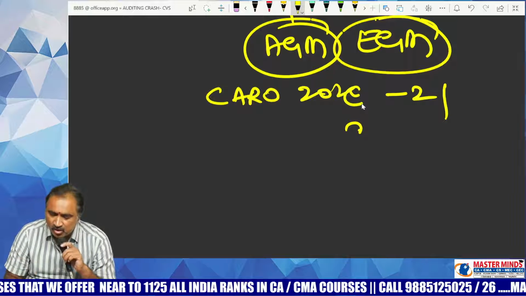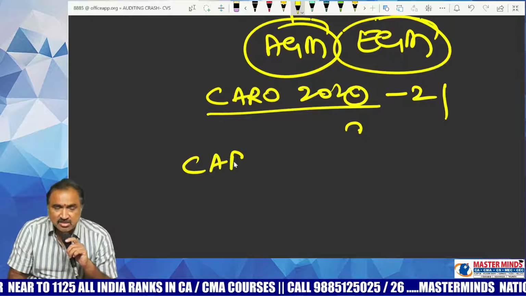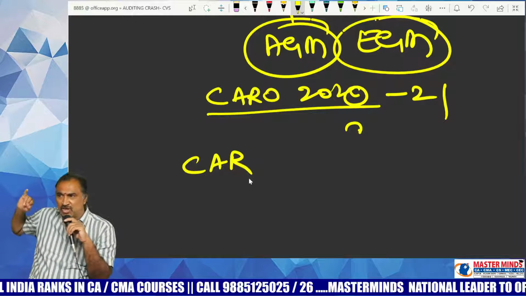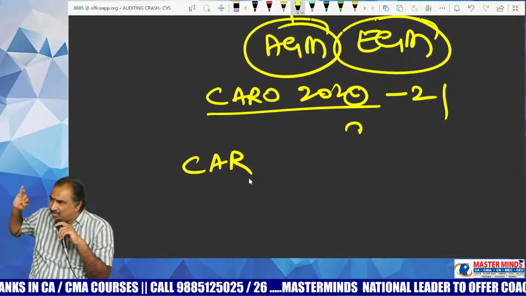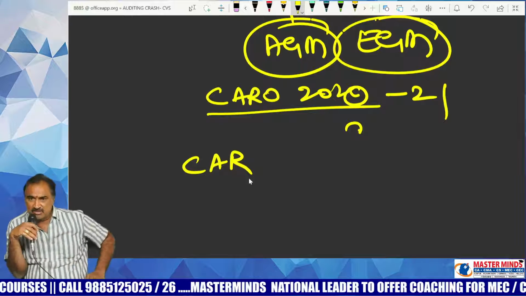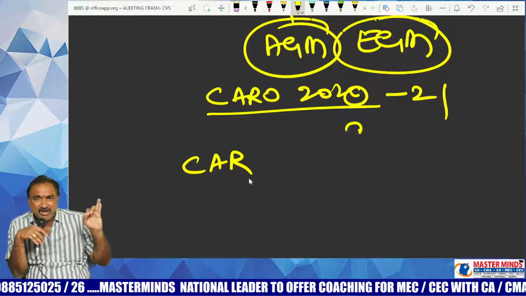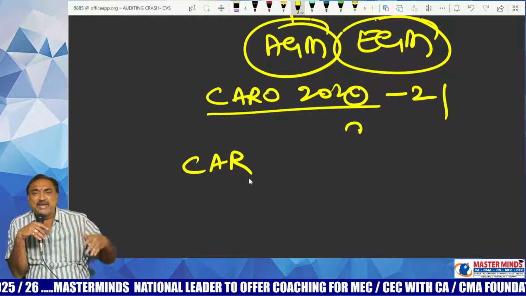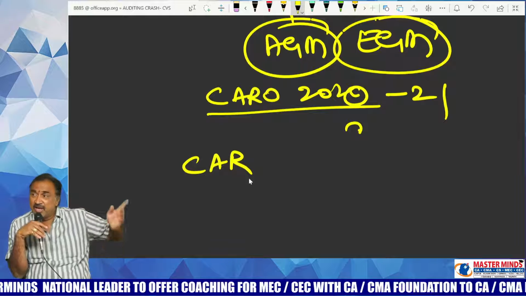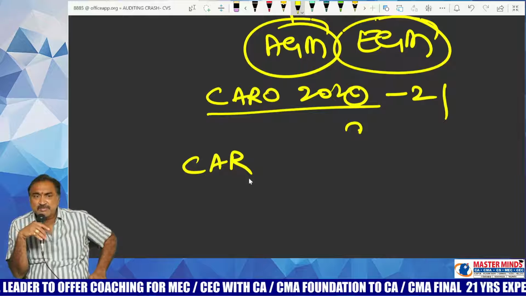One such matter to be inquired by the auditor under CARO 2020 is about cost accounting records. According to CARO 2020, if you were the financial auditor of a company, and the company under your audit is required to maintain cost accounting records, if it was so directed by central government under section 148 subsection 1 of the Companies Act.